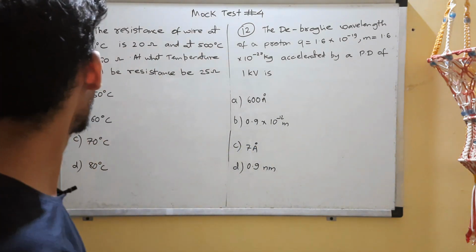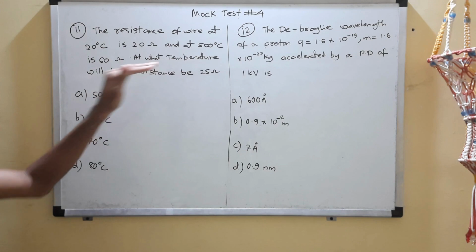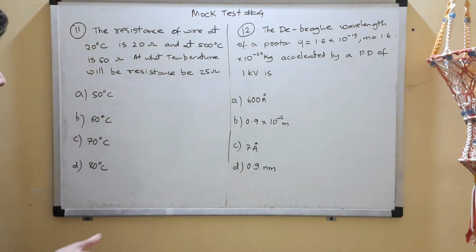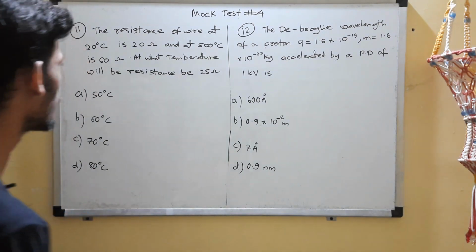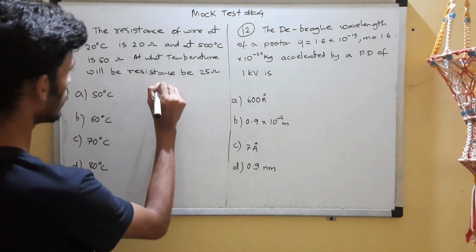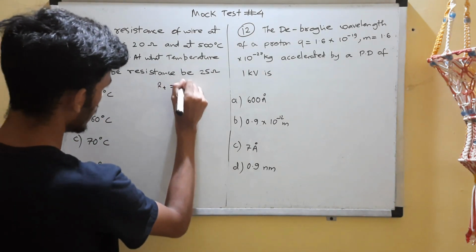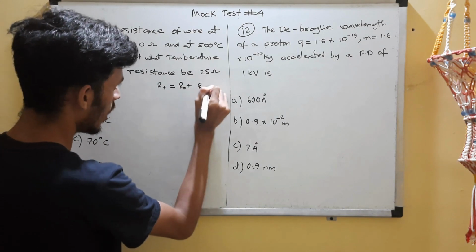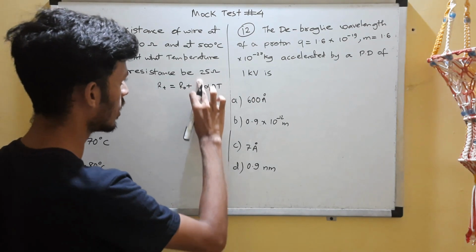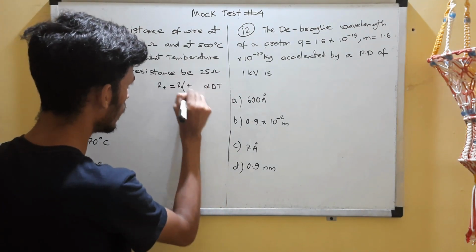In question 11, we are given that the resistance of a wire at 20 degrees Celsius is this, at 500 degrees Celsius is this. You are supposed to tell at what temperature will the resistance be this. Okay, so it's actually very simple. If you know the dependence of resistance on temperature, the resistance at a particular temperature is given as R0 plus R0 times alpha into delta T. Delta T is the change in temperature, alpha is the coefficient, so I can take R0 common over here, so it will give me 1 plus